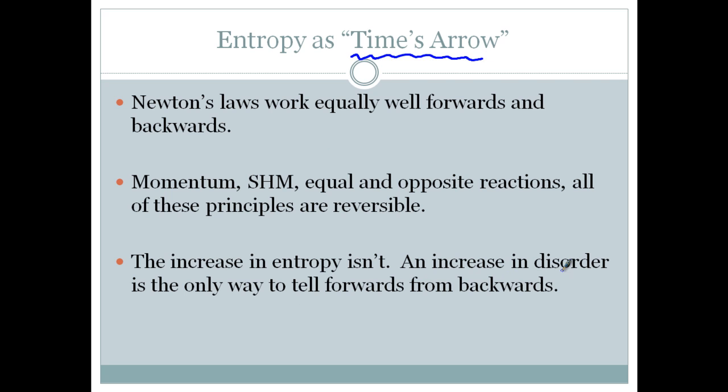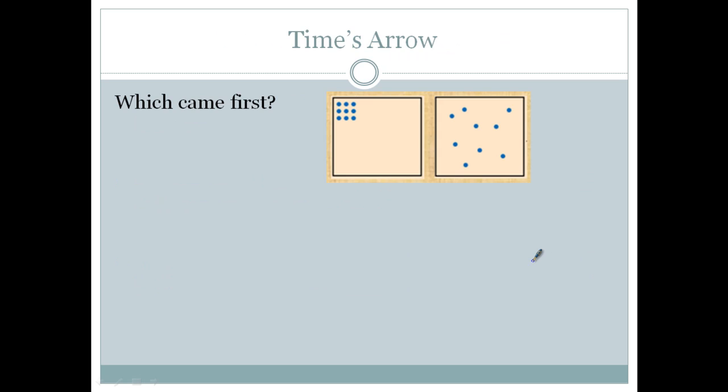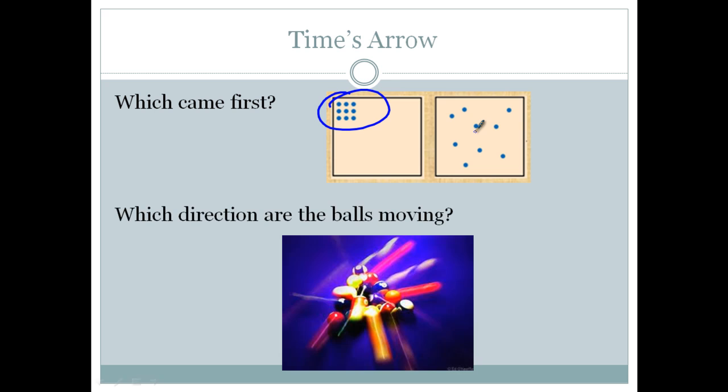We know something gets more disordered over time, so the more disordered something becomes, the more time must have passed. So which came first? Obviously, this guy came first. We moved from order to disorder. And if we were playing a game of pool, we know the balls must be moving out like this. Balls have to be going away because we know as time increases, things don't get more ordered, they get more disordered. So obviously, the balls have to go out from the center.